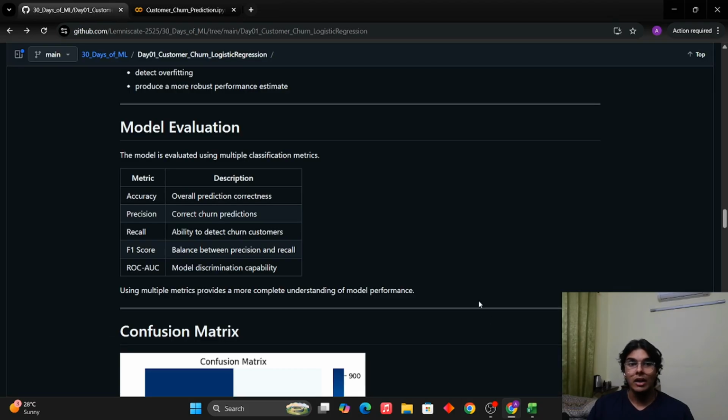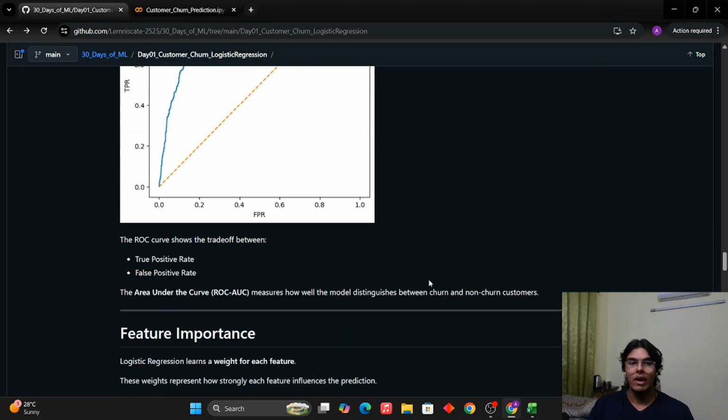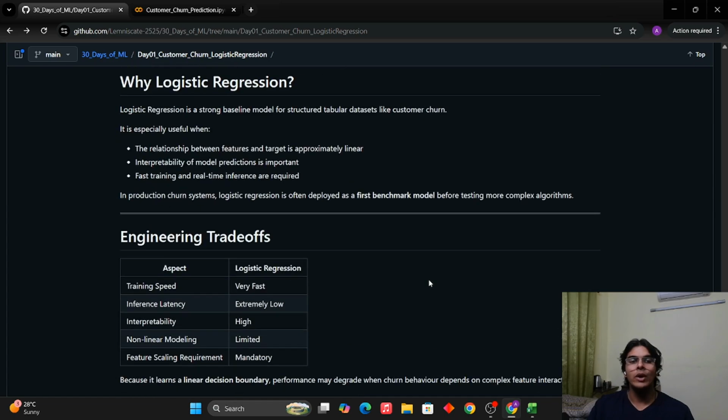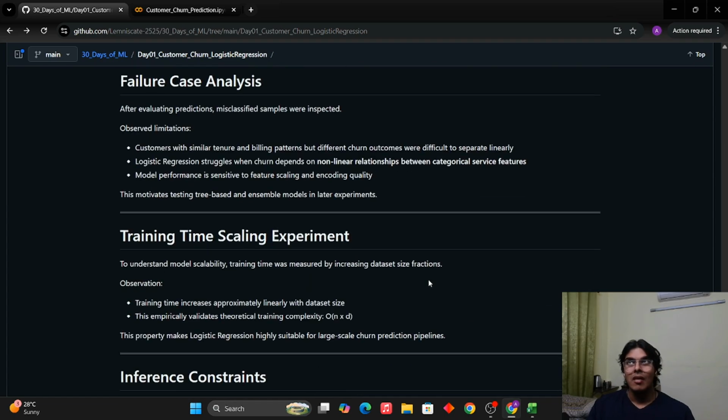This is something new that I didn't used to do before. I started this now. Failure case analysis is going to tell us the places where the model might fail. As an engineer, it is very important to know where the model might break when it is scaled or when data becomes too messy to handle, right?